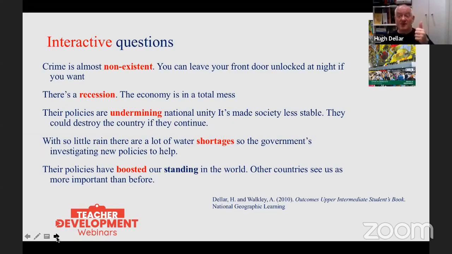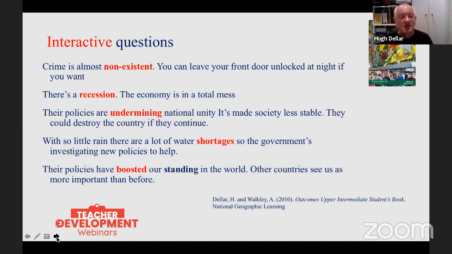Yeah, unemployment goes up, companies go bankrupt. Yeah, okay. And what's the opposite? The economy is booming. Yeah, what happens when the economy is booming? Yeah, unemployment goes down, new companies spring up all over the place, companies start taking on new staff.